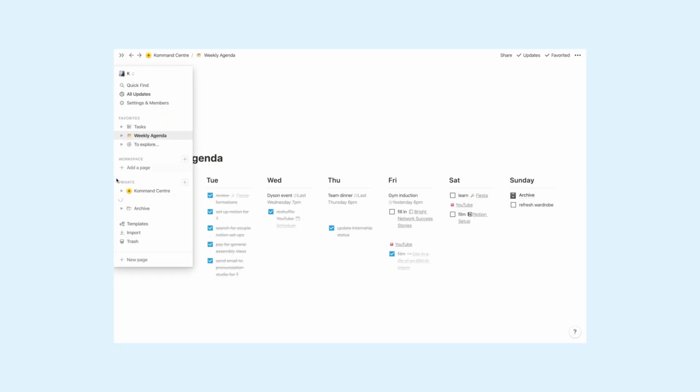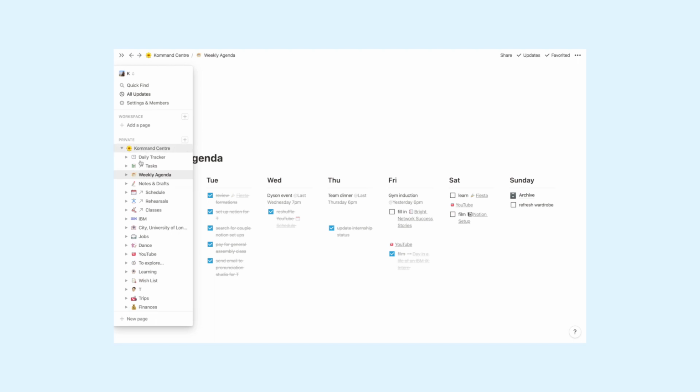So I can expand this bar here on my sidebar, so Command Center, and you can see this is where I am, weekly agenda, because it highlights it in gray. And then I can hit the 3 dots here and duplicate it. So it might take some time for it to load. And once it has, you can expand on this triangle here and then drag my copy into my archive. And so if we hit archive, you can see that the copy of weekly agenda is right here,